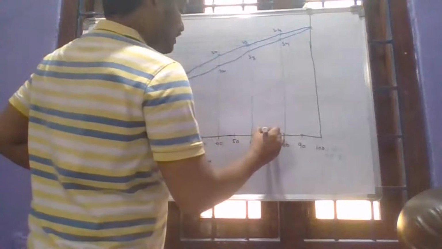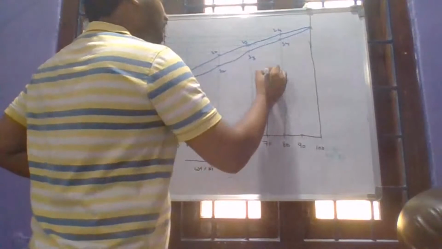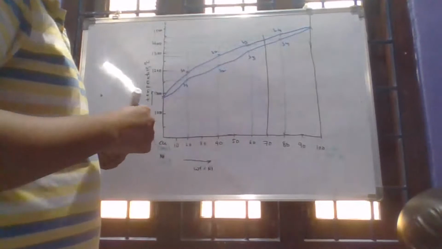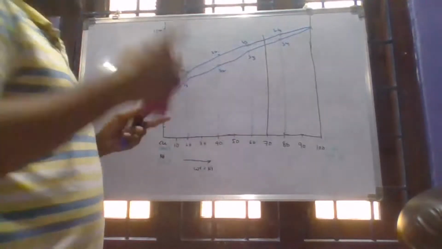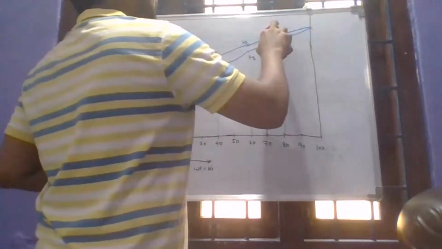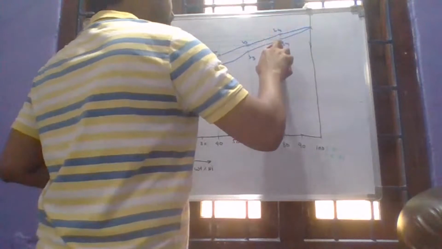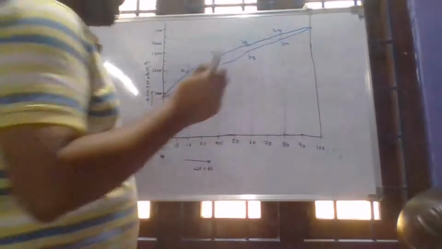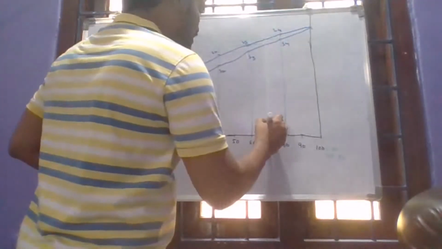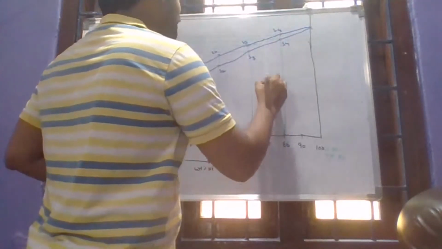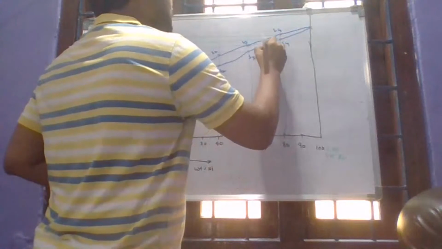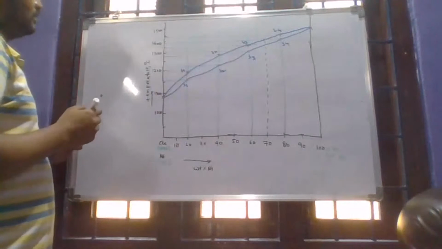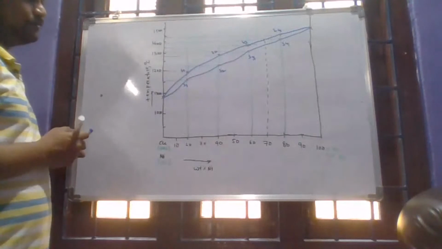The composition is given as 70% nickel. We can indicate it as the dashed line, or else I can indicate it with another color. So you can indicate with the dashed line the given composition where we have to find those answers. I'm indicating it with the dashed lines. So this is the 70% nickel.